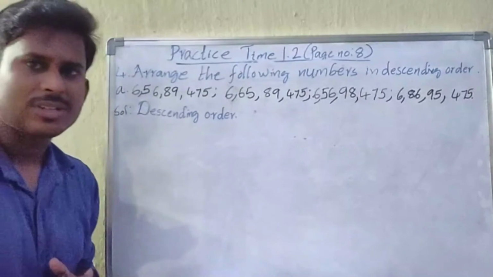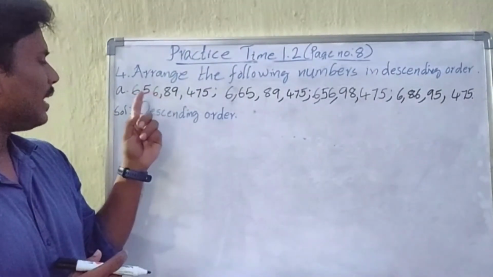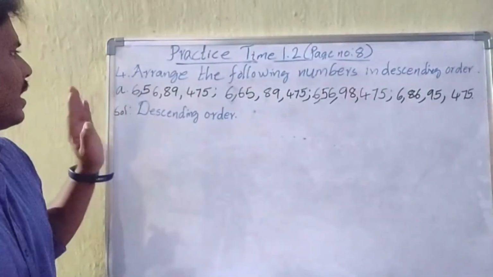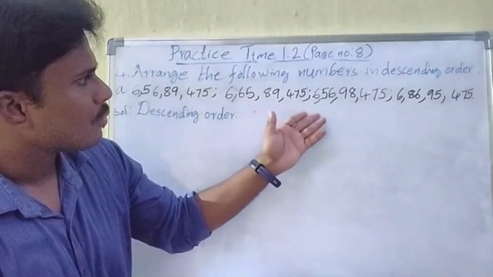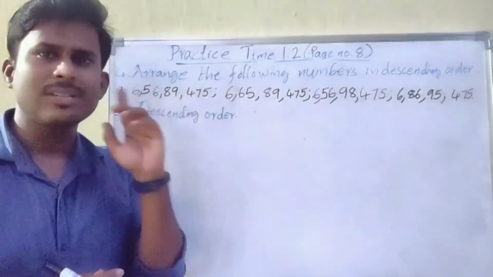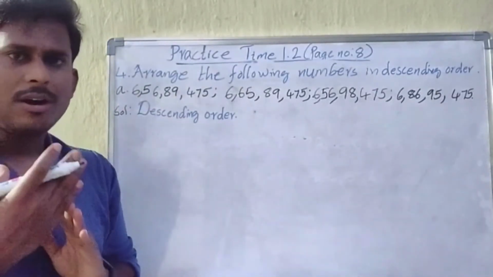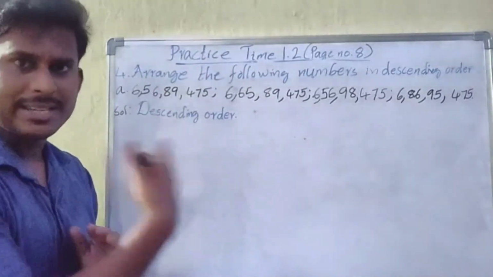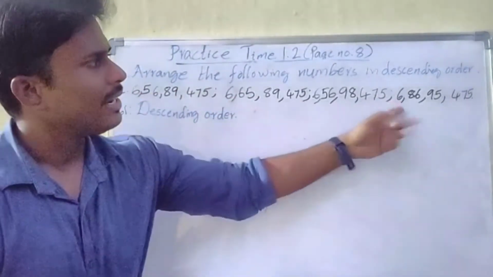Look at the places actually. Ones period, thousands period, lakhs period, crores period. Okay, so this is the Indian system. So crores period, and 1 crore is the highest place here. 1 crore, and here also 1 crore. Here also 1 crore. In the 1 crore place, all the numbers have digit 1 only. So when all the places have the same digit, then we have to go for the next place. Next place here 5, 6, 5, 8.